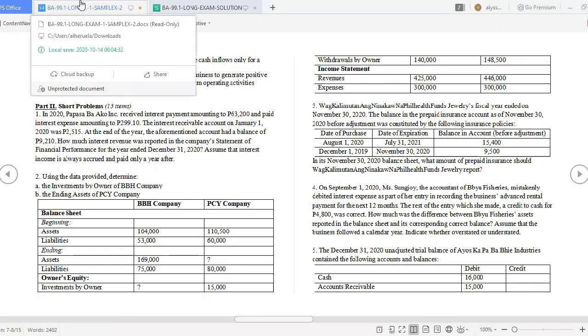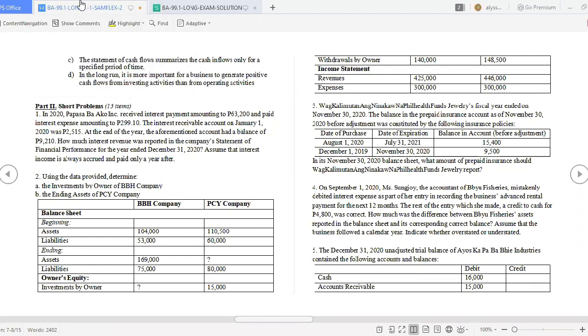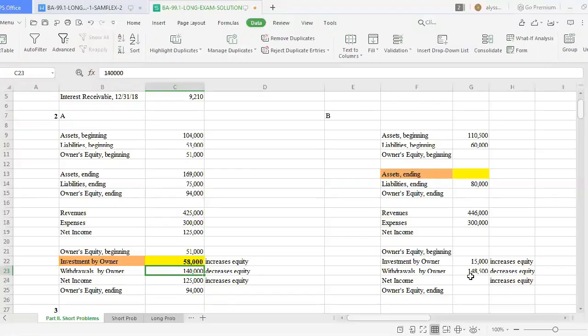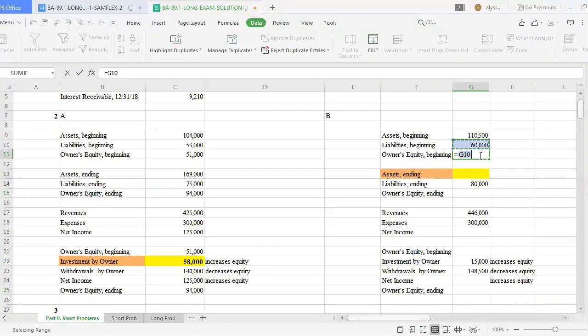So on the other hand, letter B, what we're looking for is the ending assets. So to get that, we need to do the reverse. So we'll get the owner's equity ending. To get the ending, we compute for the beginning and the net income to get the ending. And when we get the ending, then we compute for the assets ending this time. So first, again, to get the owner's equity, subtract